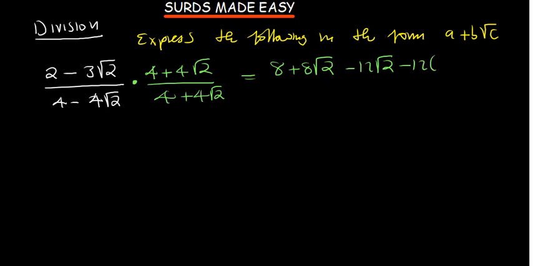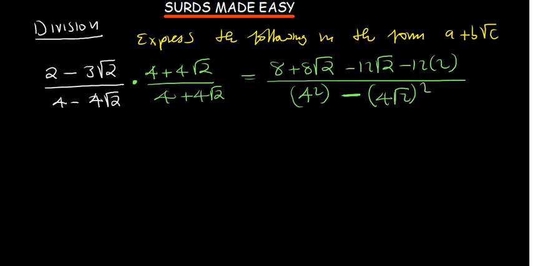Multiply the inside, root 2 and root 2, we know that is going to give us a 2, right? And then in the denominator I'm multiplying a number by its conjugate, so just get the first number, you square it. Okay, and then always put a minus, always. And then get the second number, which is the 4 square root of 2, you also square it. So this is going to give us